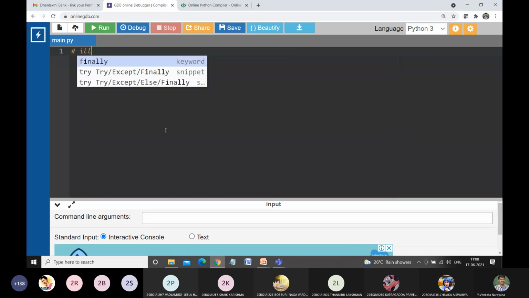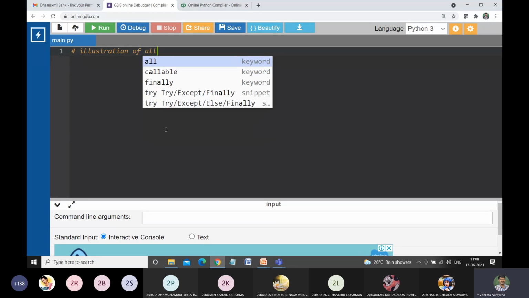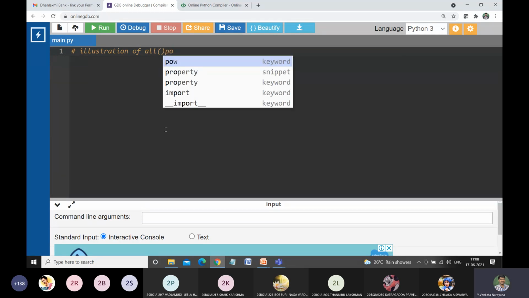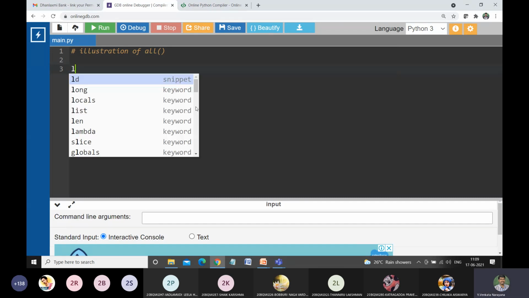Illustration of all function. For this, I am taking a list.